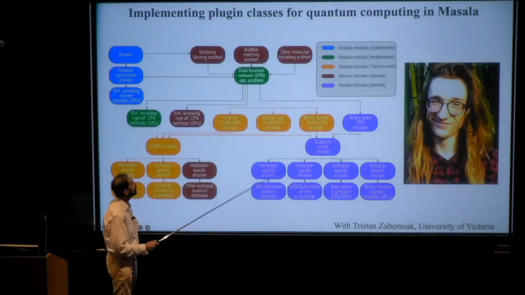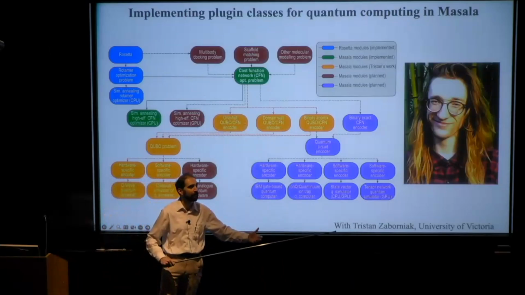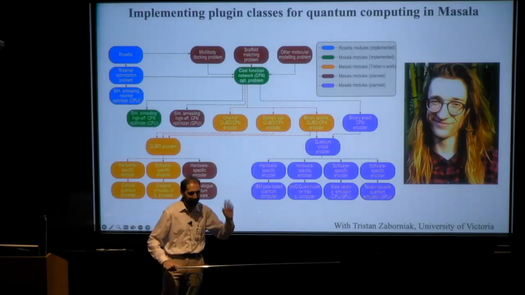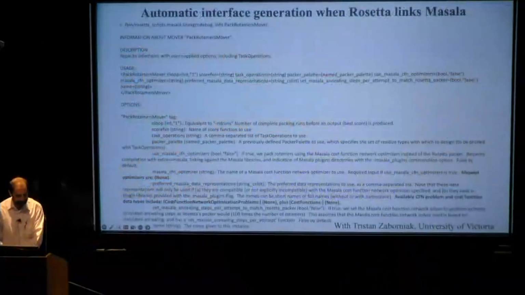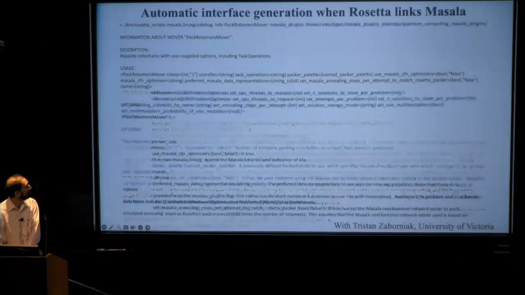His job was to implement all of the code that would allow Masala to talk to quantum computers and encode problems for the quantum computer and make it all compatible with Rosetta. And I will very briefly jump to the punchline and say, now in Rosetta, you can pass Rosetta a flag saying,